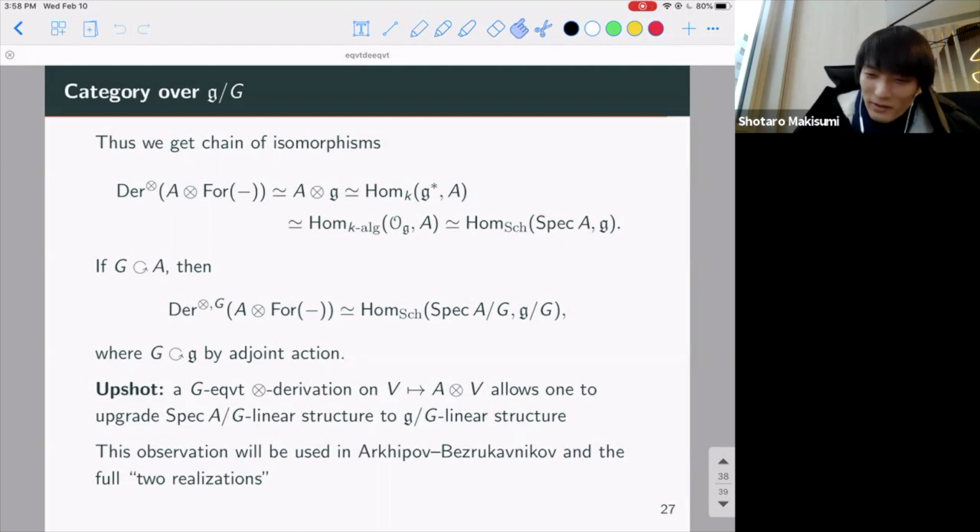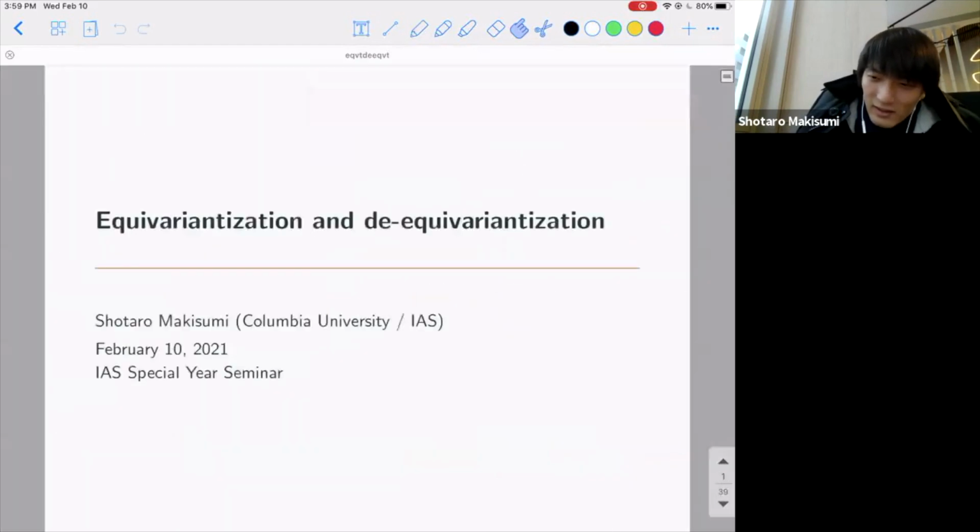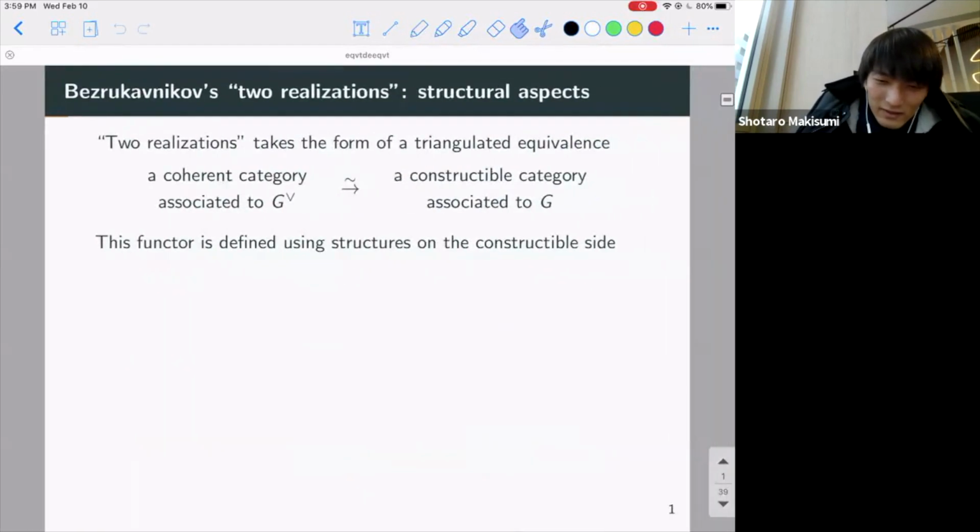Yeah. Well, I was hoping to say just enough without giving you all the definitions of the categories, which we haven't done at all. But the point is that we are going to care about the category of coherent sheaves on something like the Steinberg. We are going to relate it to the category of constructible sheaves, something like equivariant constructible sheaves on the affine flag variety.